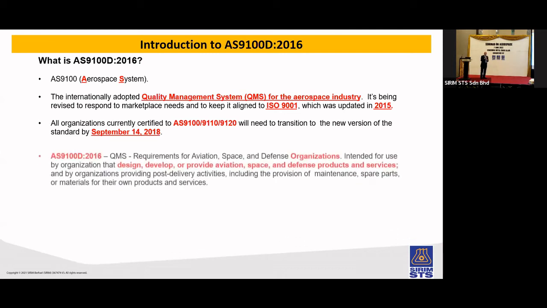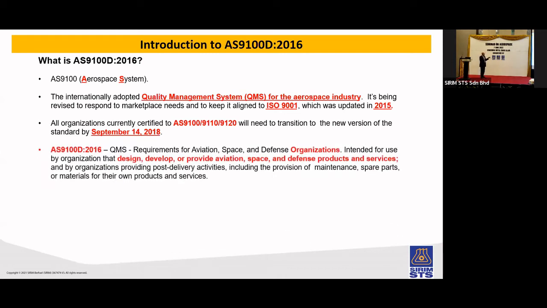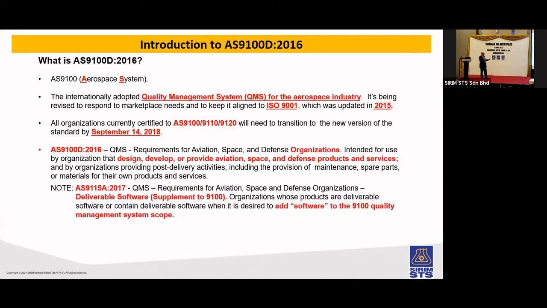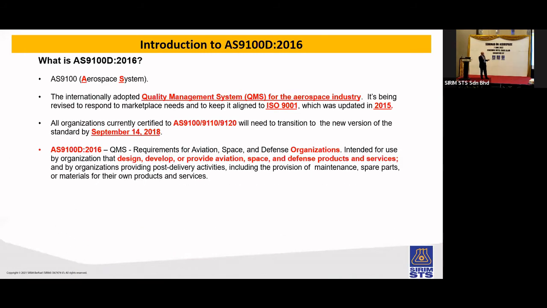What is the AS9100D version? It's the Aviation, Space, and Defense organization standard, designed, developed, and providing aviation and space products and services. It covers all the areas of aerospace in general, plus your manufacturing, plus your design. It also covers providing post-delivery activities, including the provision of maintenance, spare parts, and material, or their own product or services in general. This is about the